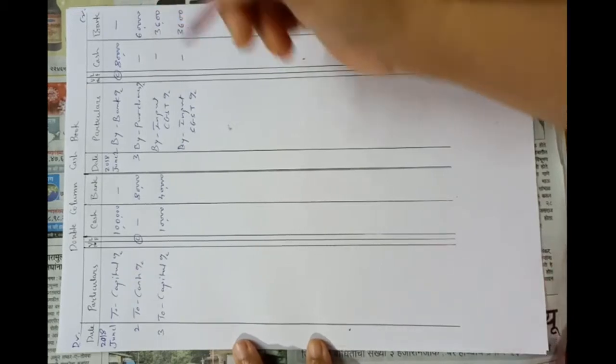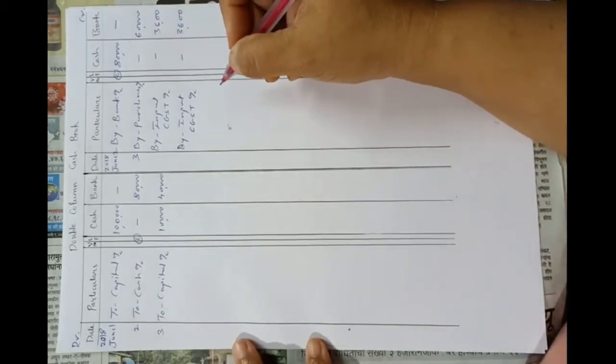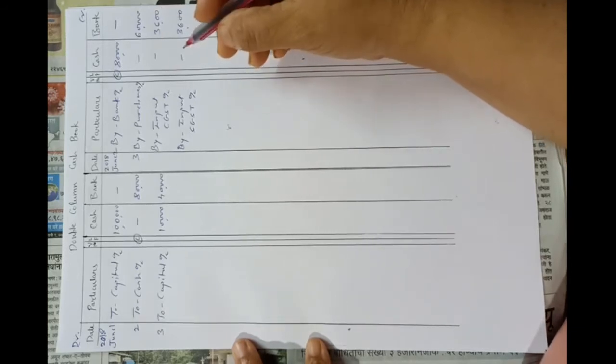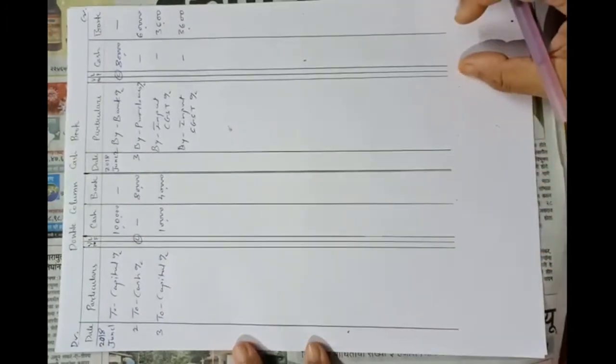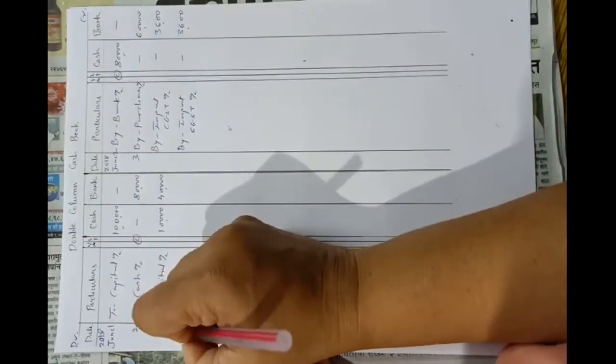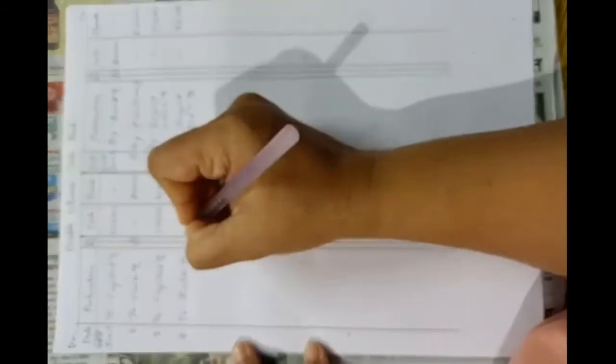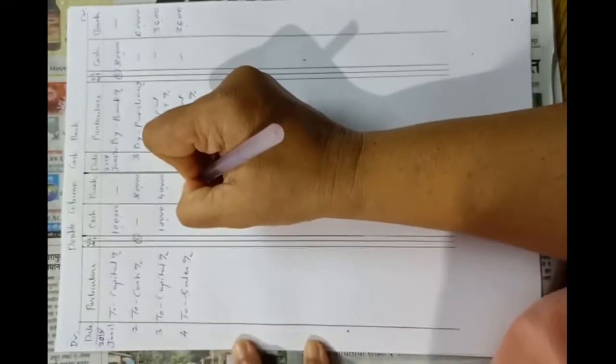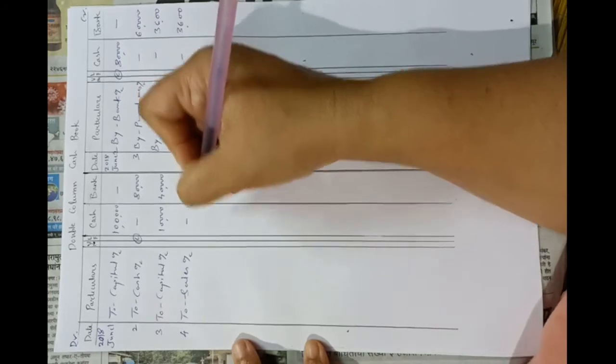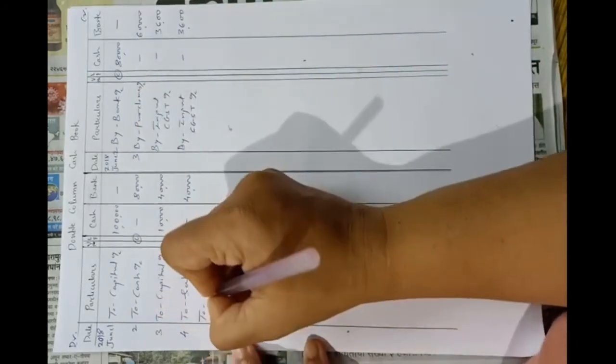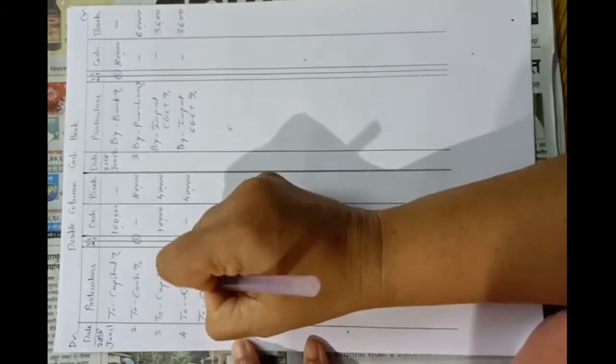Okay. Now on June 4th, they told us that sold goods for rupees 40,000 plus CGST and SGST at 6% each. Check received which was immediately deposited into bank. Entry of sale will be on receipt side. So on 4th June, to sales account, amount will be in bank column because we have received check and check was deposited immediately into bank. So bank column,